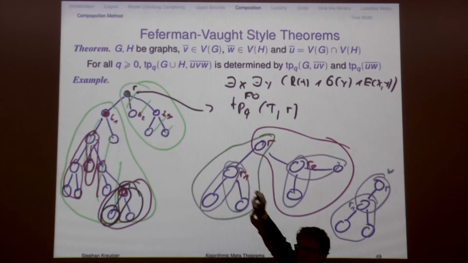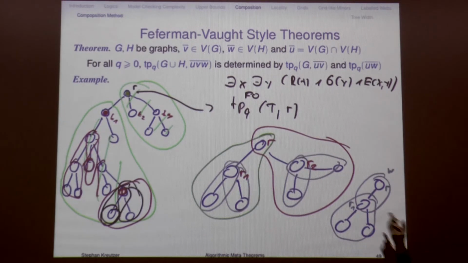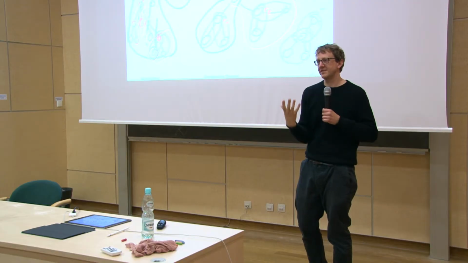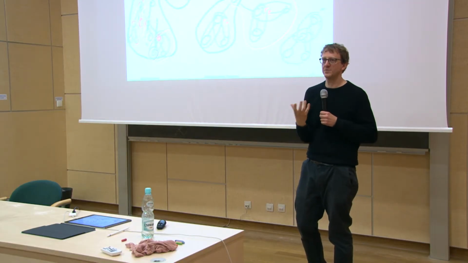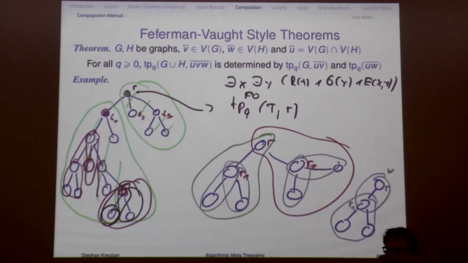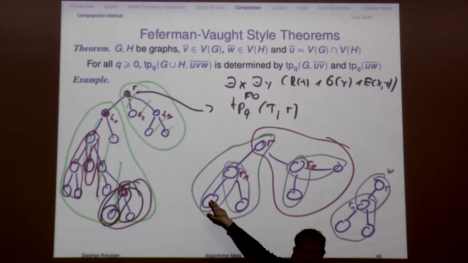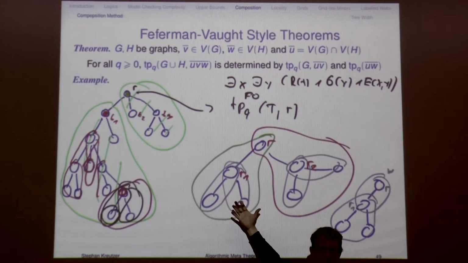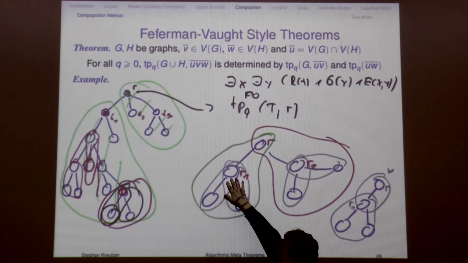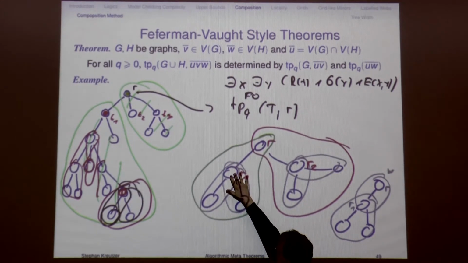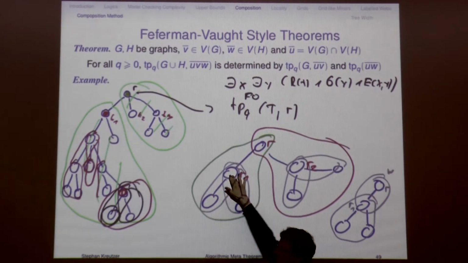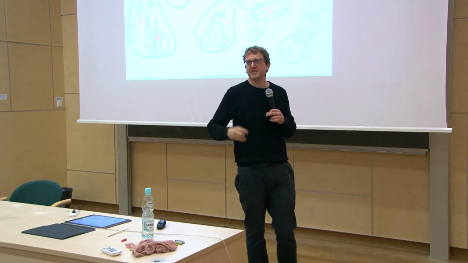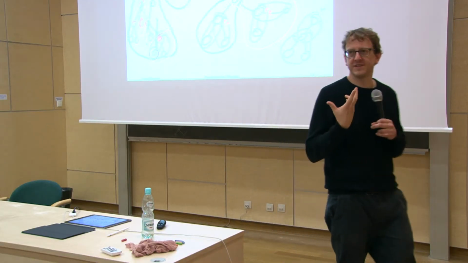And you could easily turn this into an automaton. The state of the automaton would just be the set of all possible types. And you label this element here by the type of the vertex. There's nothing happening here, and here as well, which is the state of the automaton. And then you label this one by the type of this node in the subtree here. So you can construct an automaton from the set of types.